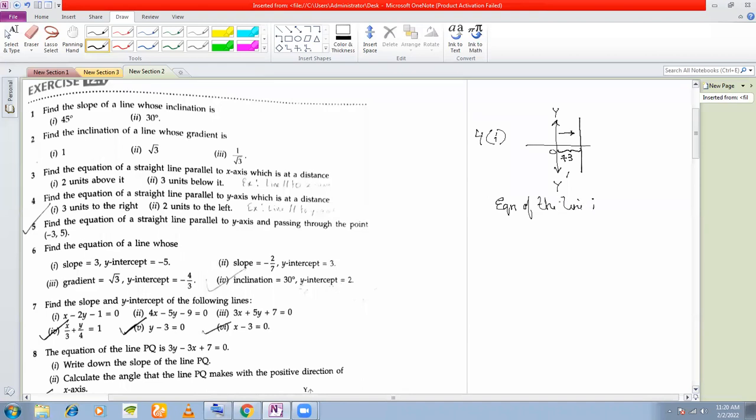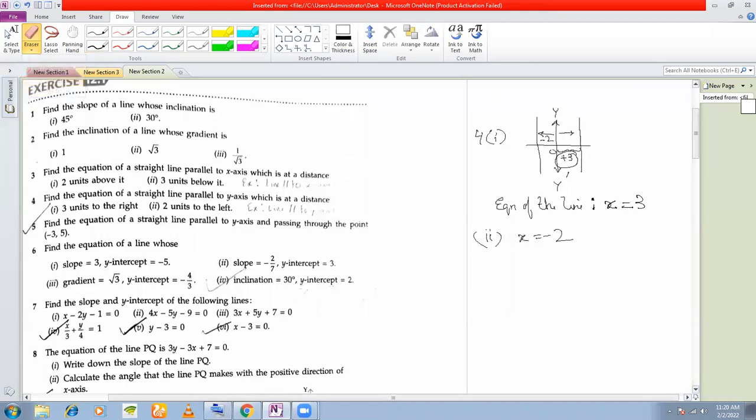Equation of any straight line which is parallel to the y-axis is of the form x is equal to a. So x is equal to something. And what is that something? Plus 3. So this is your equation. Okay. For the second one, similarly, 2 units to the left. 2 units to the left means this time we are going 2 units to the left. So this distance is -2. So the equation of the line will be x is equal to -2. Okay. So once we have done this,